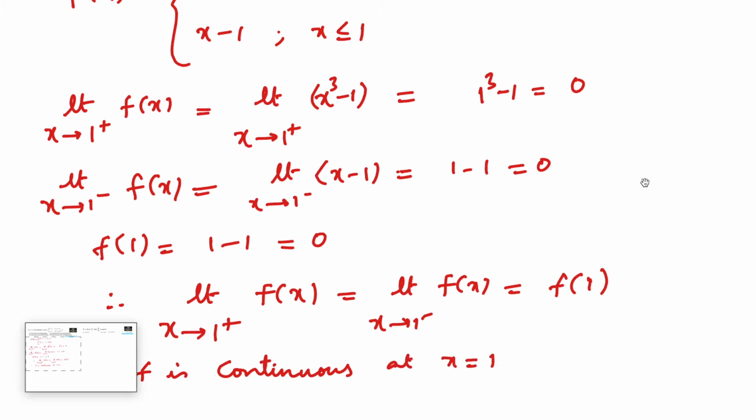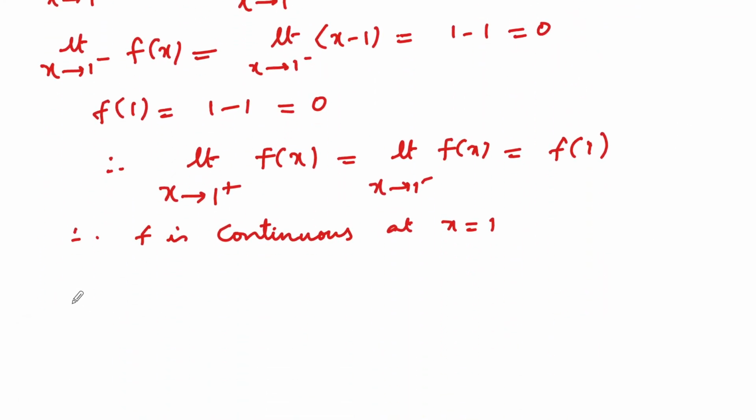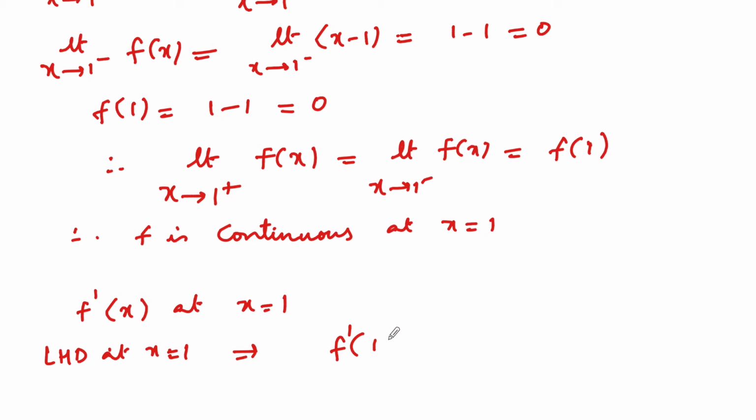Now let us check the differentiability. Let us find f dash of x at x is equal to 1. For that, let's write the left derivative. Let the left hand derivative at x is equal to 1, that is f dash of 1 minus, which is equal to,